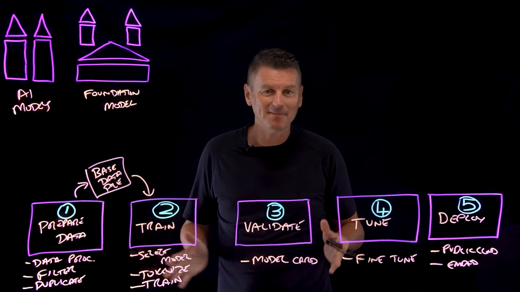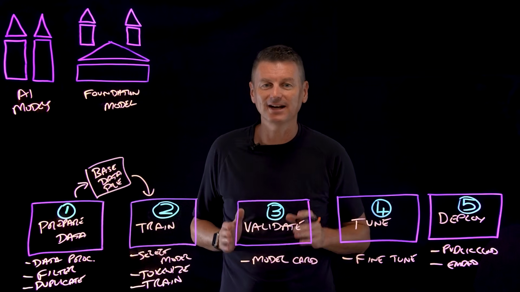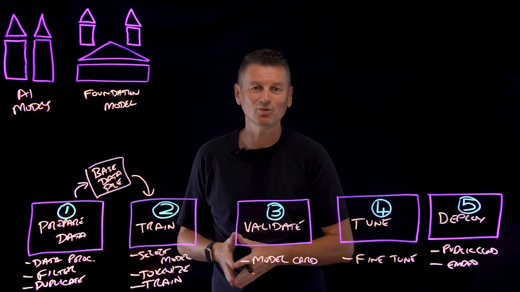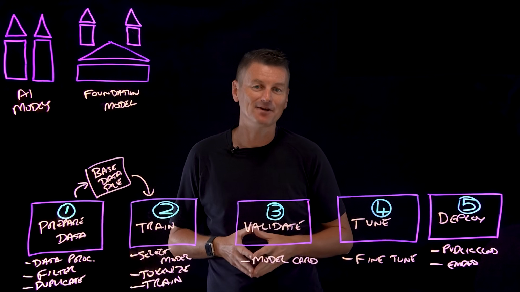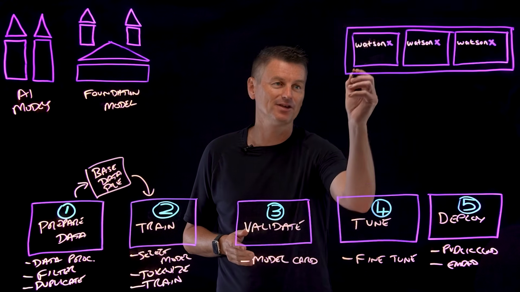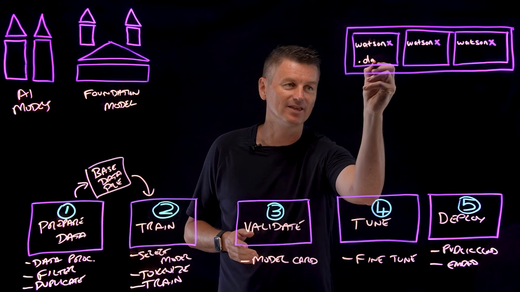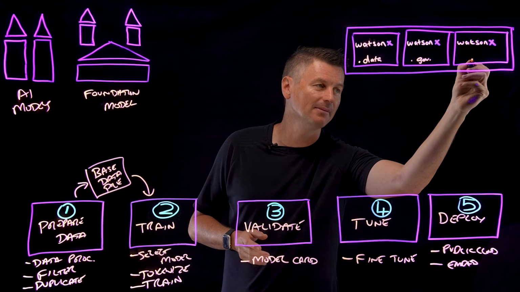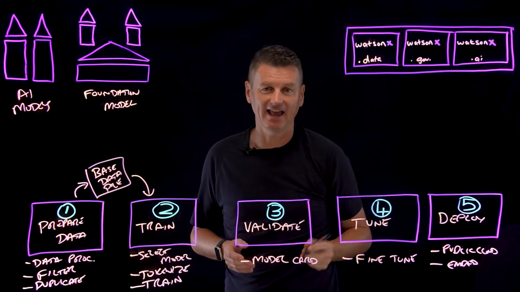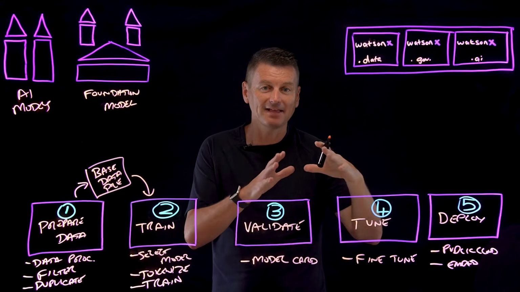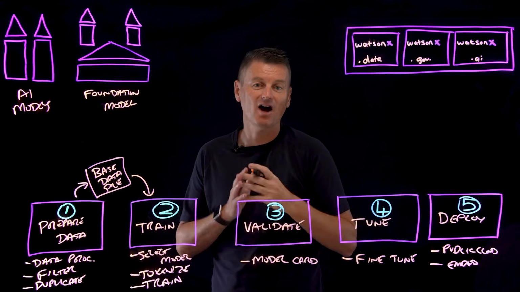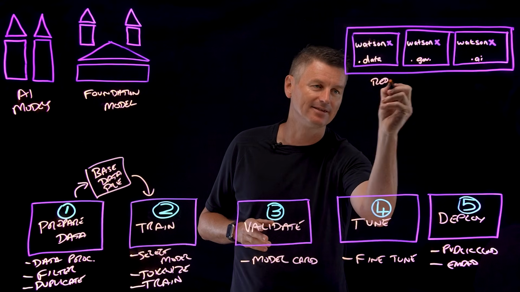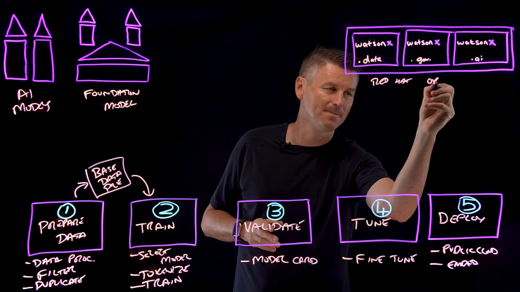Now, here at IBM, we've announced a platform that enables all 5 of the stages of this workflow, and it's called watsonx. And it's composed of 3 elements. So we have watsonx.data, we have watsonx.governance, and we have watsonx.ai. And this is all built on IBM's hybrid cloud platform, which is Red Hat OpenShift.